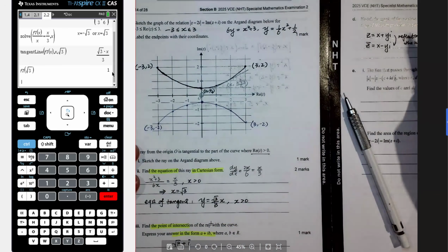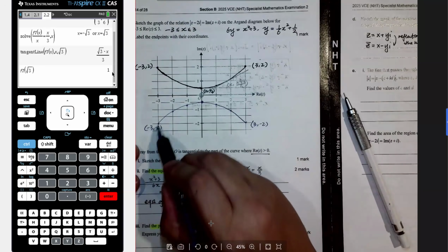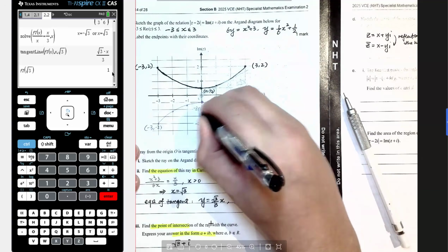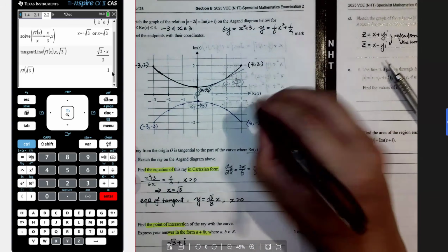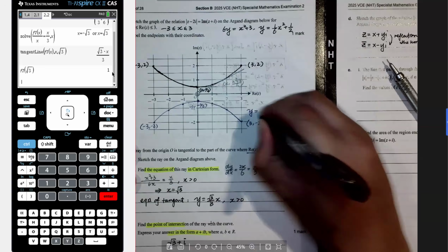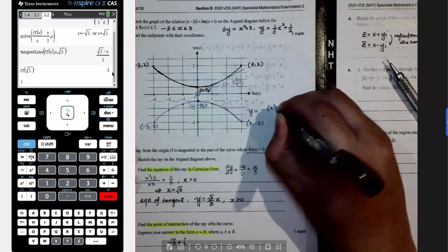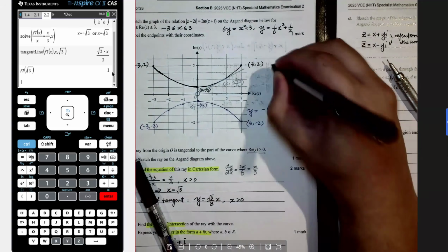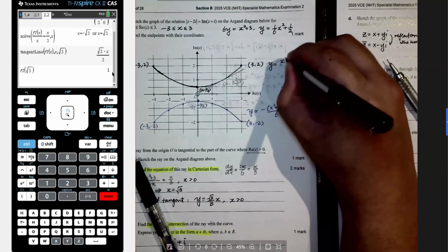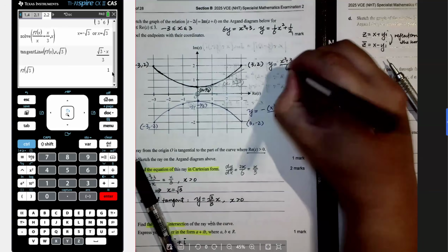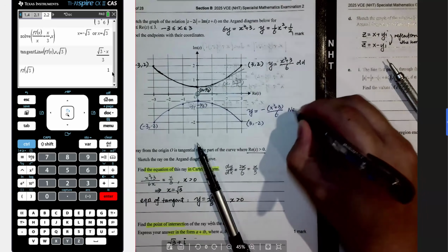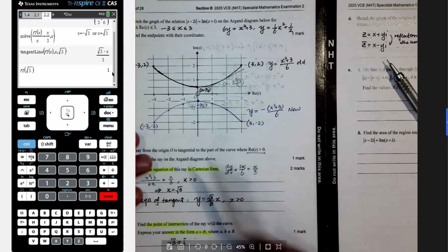The question didn't give any domain restriction for part D. So if you wish to extend that a little bit, I think it should be fine. But importantly, you need to label this: y equals minus (x squared plus 3) divided by 6. And this was y equals (x squared plus 3) divided by 6. This is the old curve. This is the new curve. Anyway,